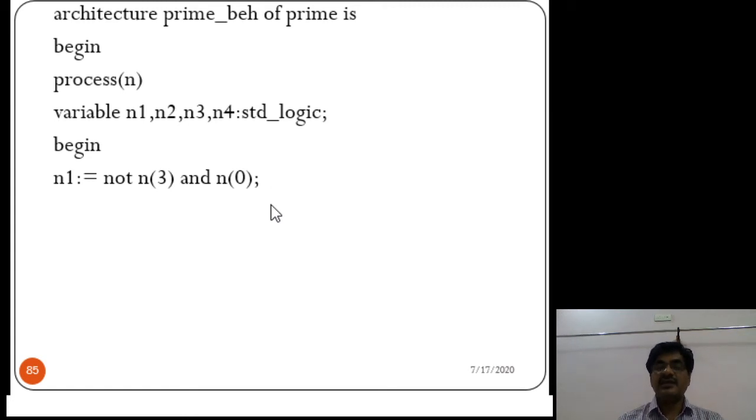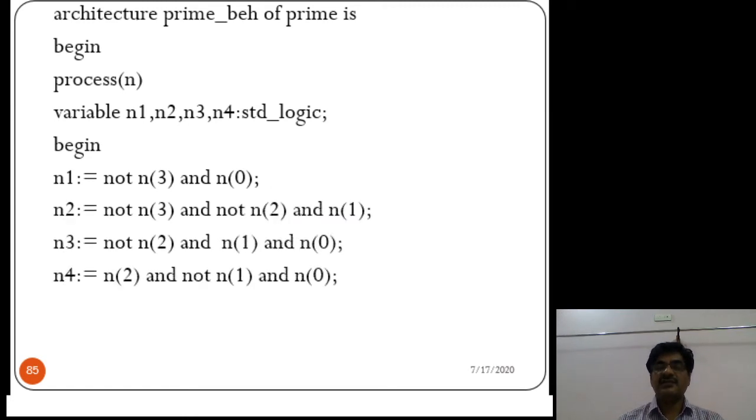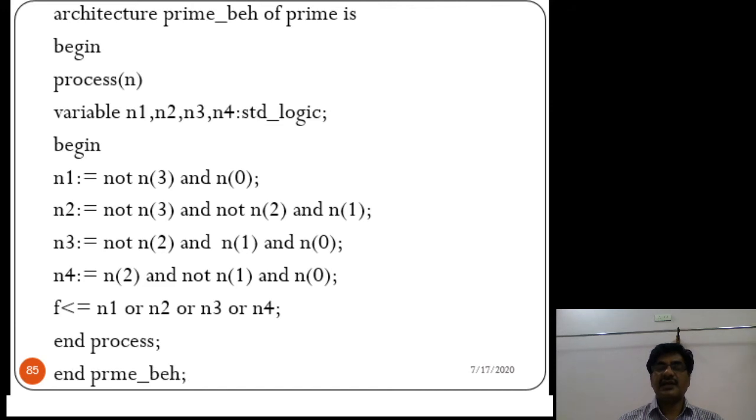Okay, so like that implement all the 4 equations, and finally to get the answer, what does it mean? If any one of these variables consists 1, the result is prime, otherwise it's not a prime. So therefore f less than equal n1 or n2 or n3 or n4, then end process, then end architecture name. So like that you can use variable assignment statements. Okay,